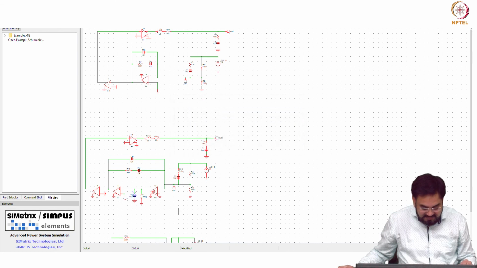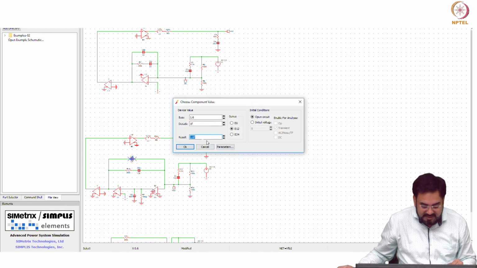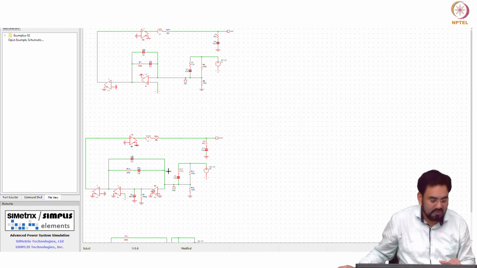It's 160 femto. So this will give you 1 mega. If you just do 1 over 2 pi RC, this is at 100K. So what I did actually, this was 1.6 pico, I made it femto, which means this capacitor is out of picture, and this resistor was 5.5K. If you look here, the value, I made it 5.5 milliohm. So which means I am trying to get rid of these two high frequency poles and see what happens.